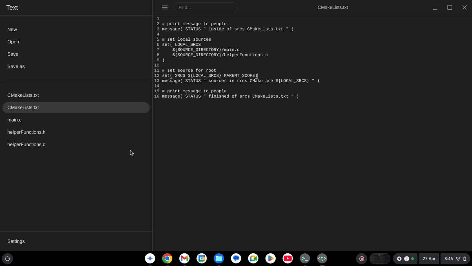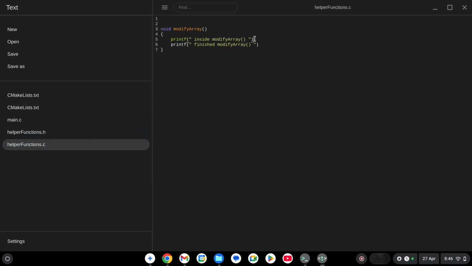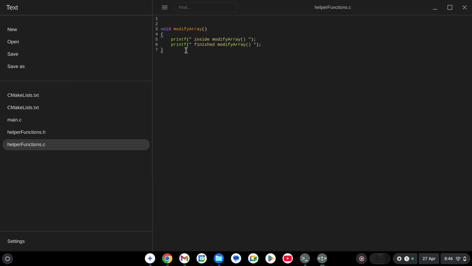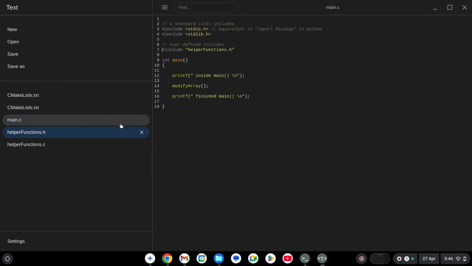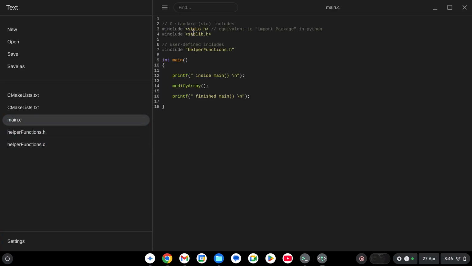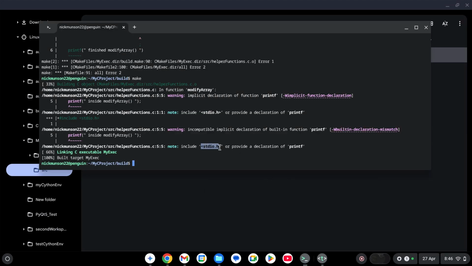Uh-oh, now I have a syntax error, but this is good because if we look at this, it's actually gone inside the function inside of my source file. So now if I do this and this, let's see. Uh-oh. This is kind of the way C works. You have to have support in the file you're using, right? Just because I define standard IO here doesn't mean it exists here. So I'm going to take their warning and their error